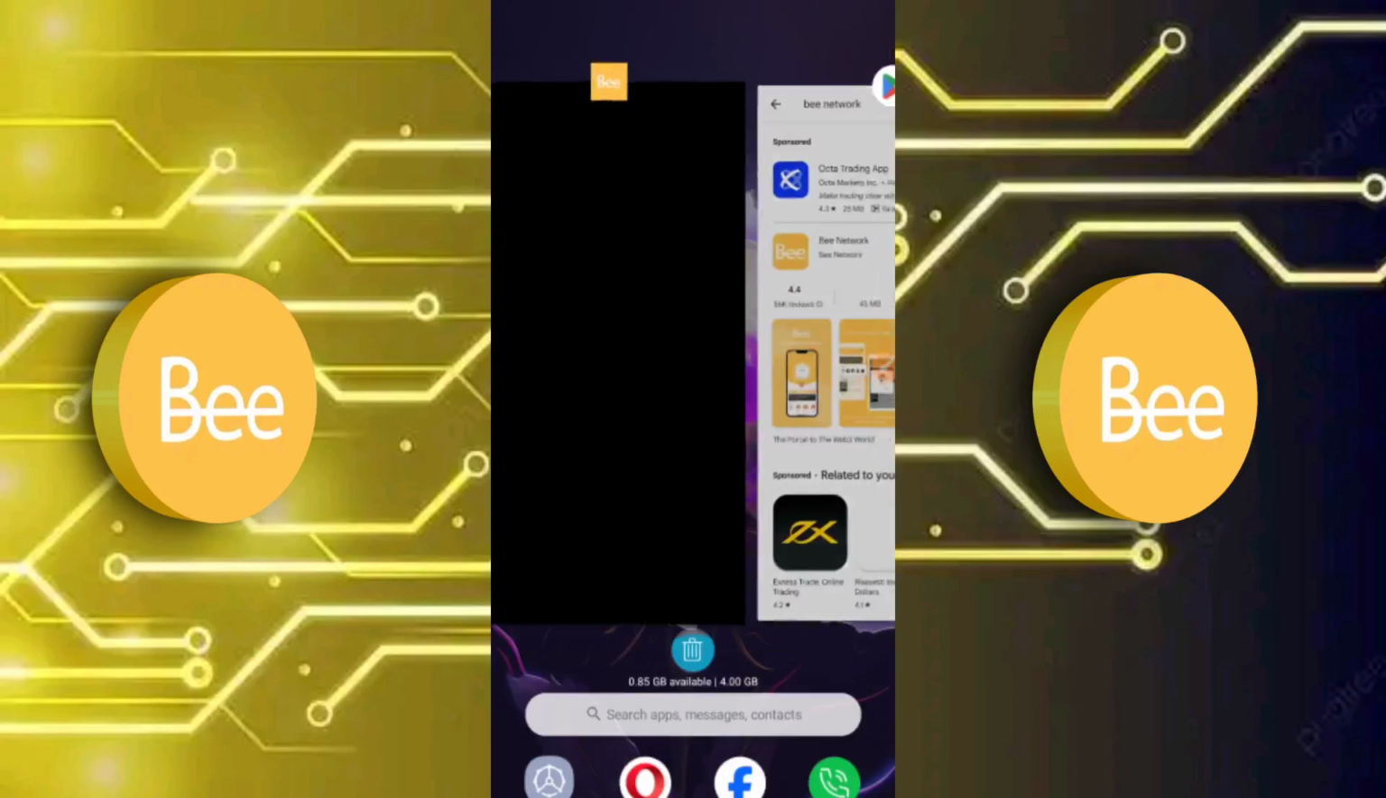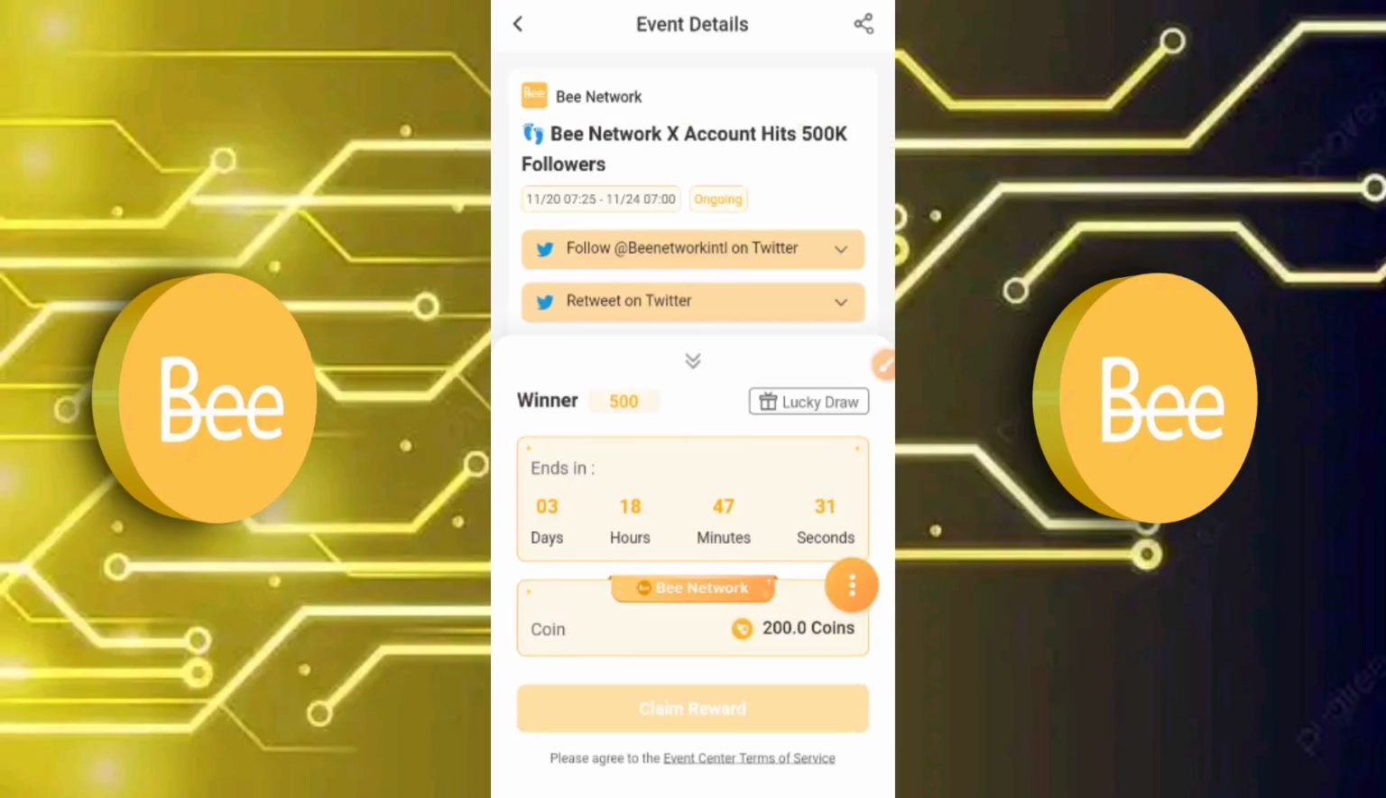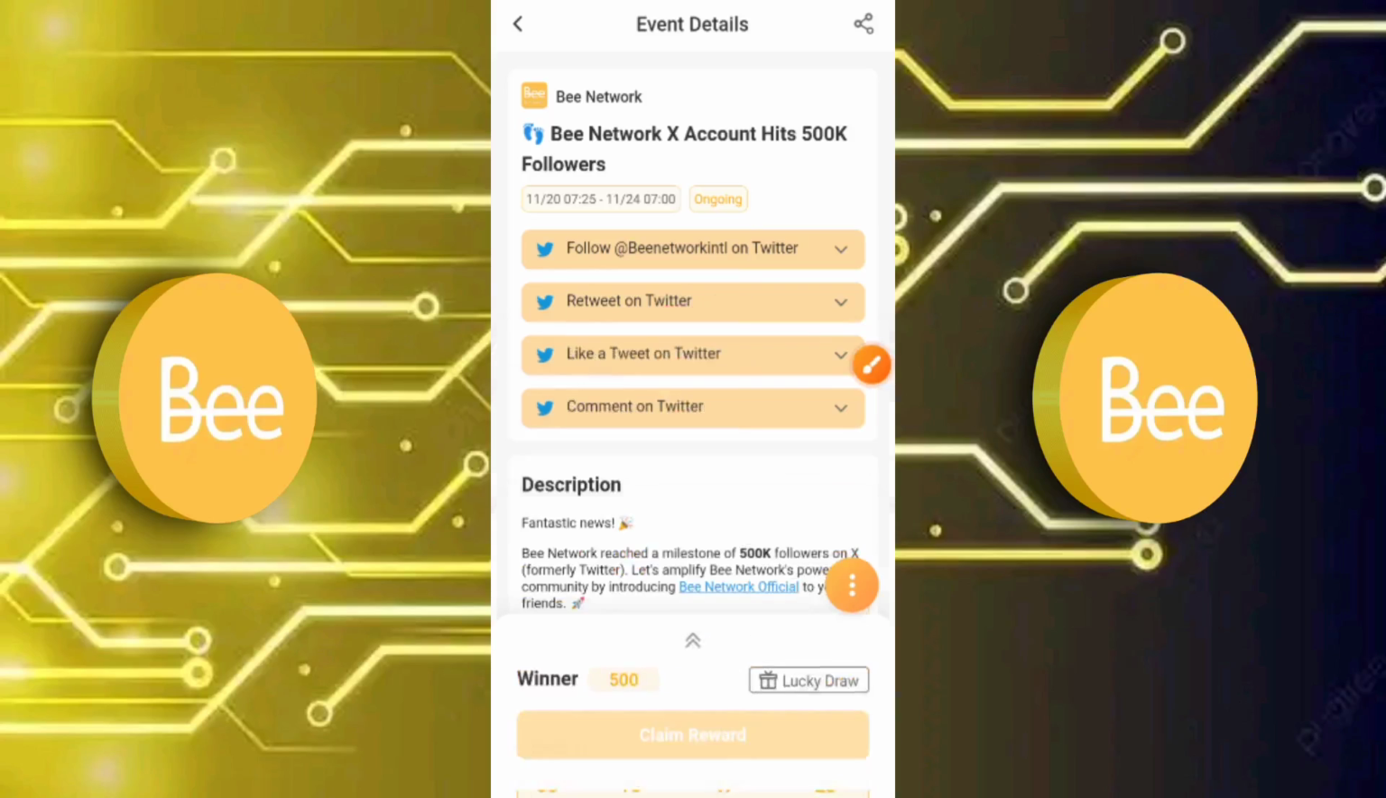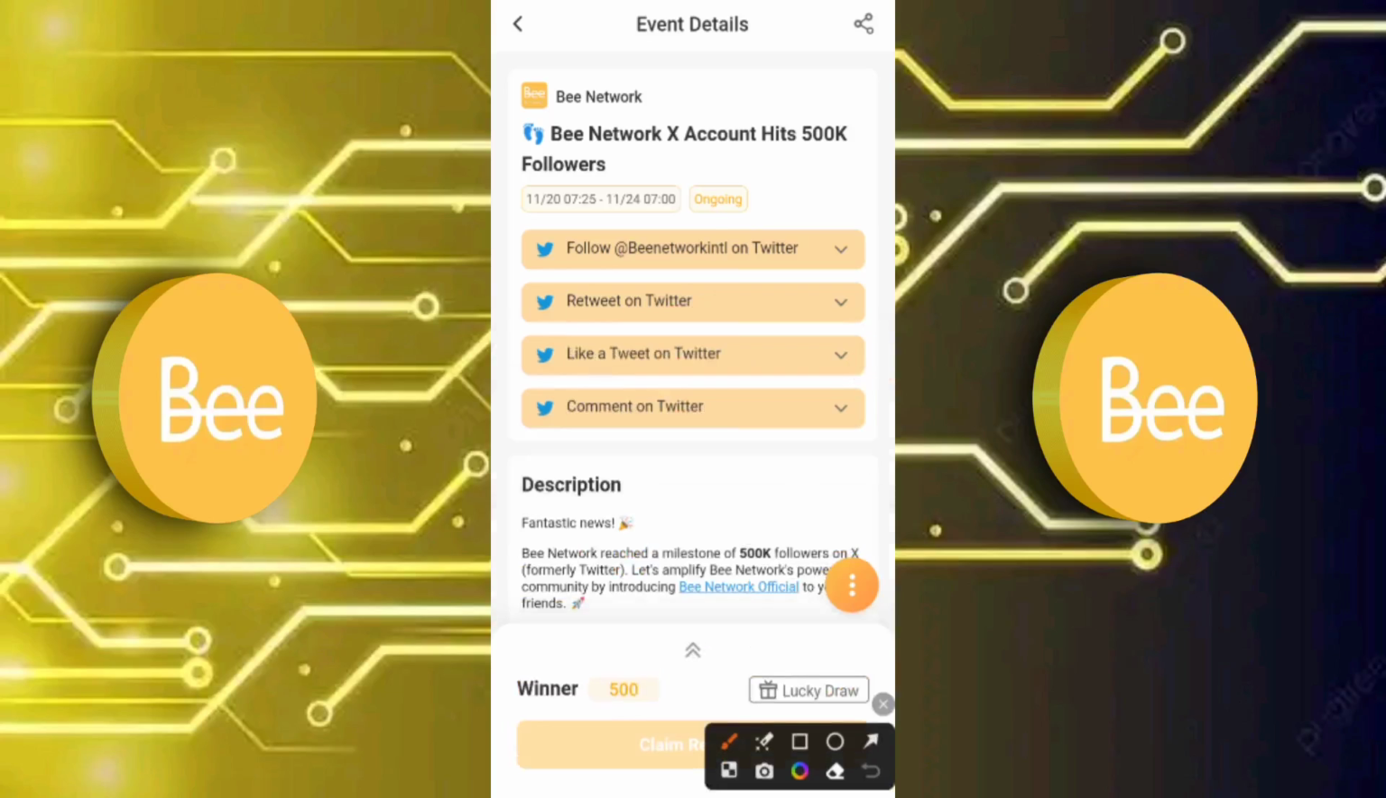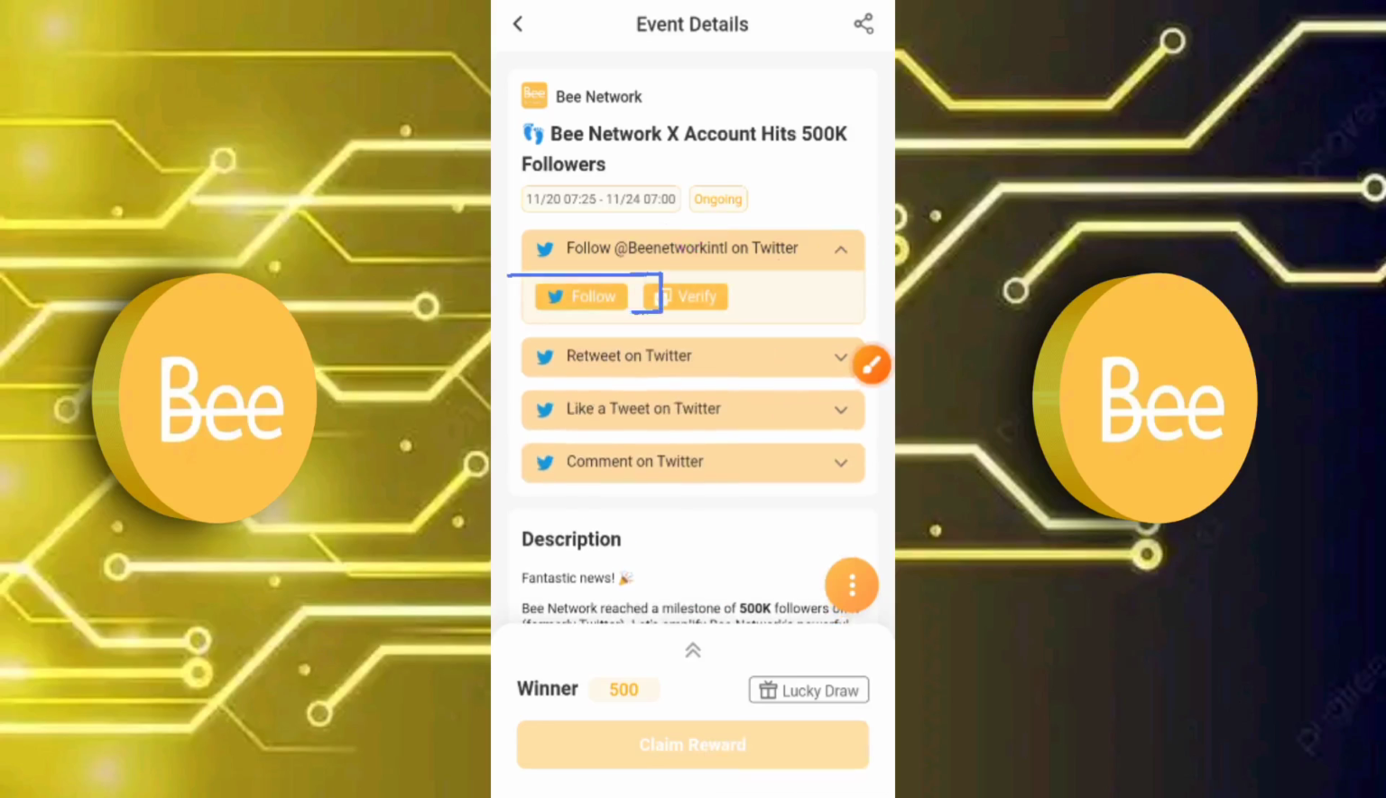Now I'm going to head back to the B app, and right here we are asked to follow a couple of Twitter accounts to earn our 200 B coins. I'm just going to click on this drop down arrow right here, and I'm going to perform this task step by step, one by one. I'm going to click on this drop down arrow and then click on follow, and automatically this would